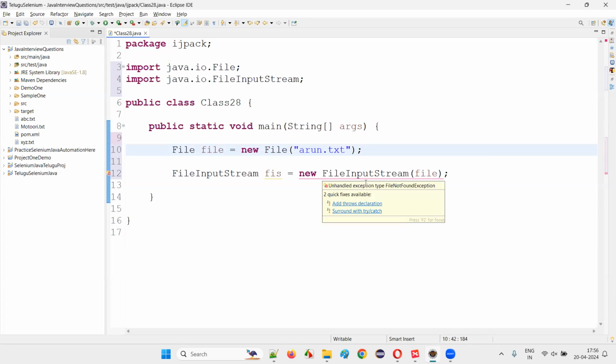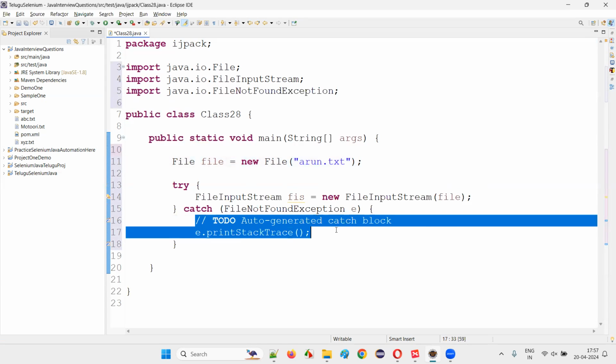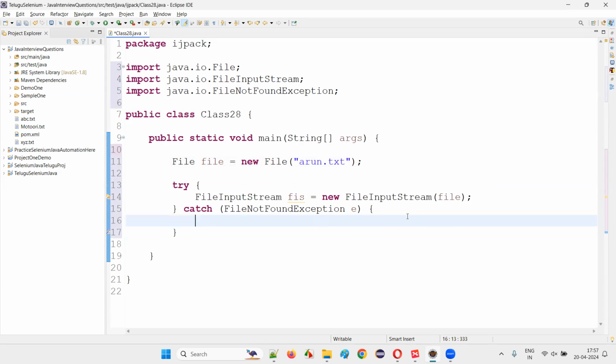I'm ignoring the warnings of Java, okay? Or I'll handle that with a try catch block. What if the exception comes? I would like to handle it. Either you can ignore it or you can handle it. So here I'll write down